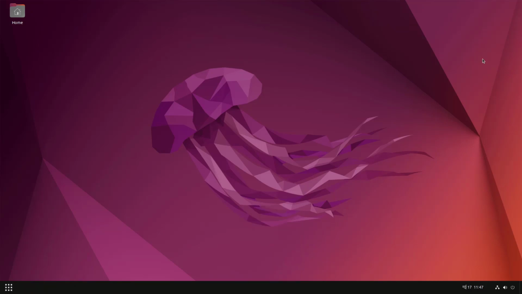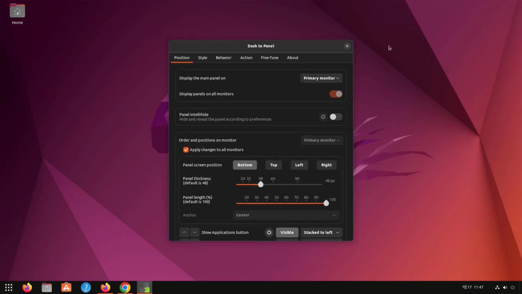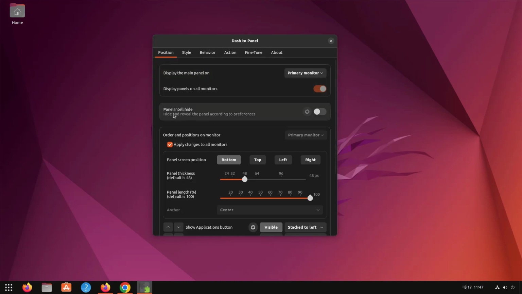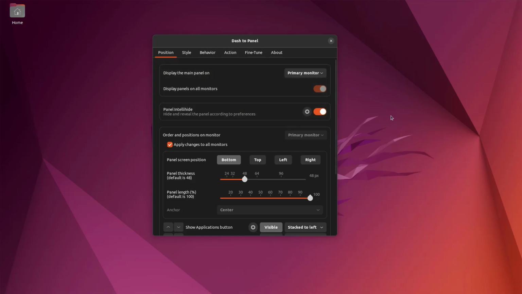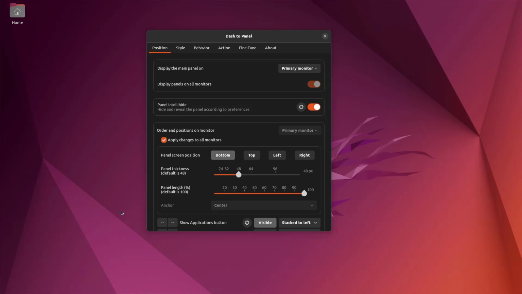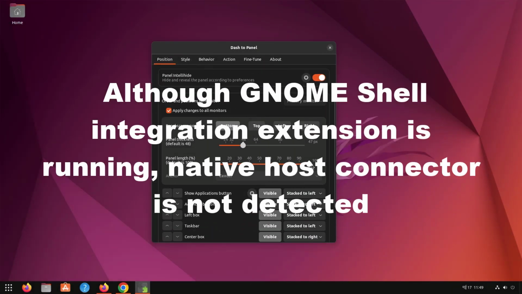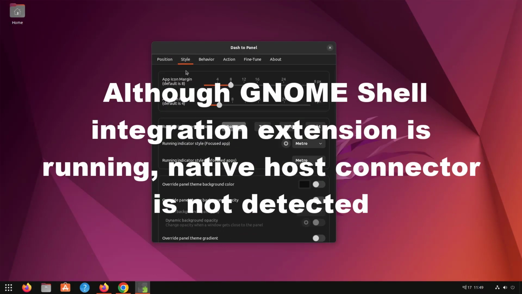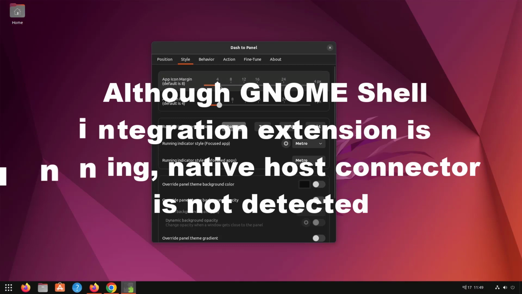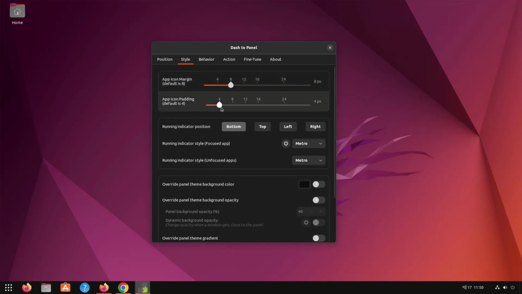In this video I'm going to show you how to have a KDE or Windows 10 style panel on your GNOME desktop. You can apply this method on Ubuntu, Fedora or any other Linux distribution with a GNOME desktop environment. Also, I'll show you how to install this extension even if you are getting this error message, "native host controller not detected." And in the end I'll show you how to remove the panel and get the original dock